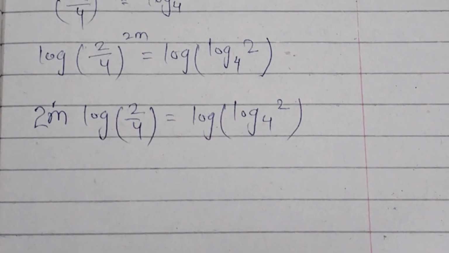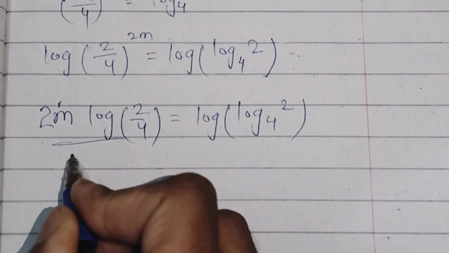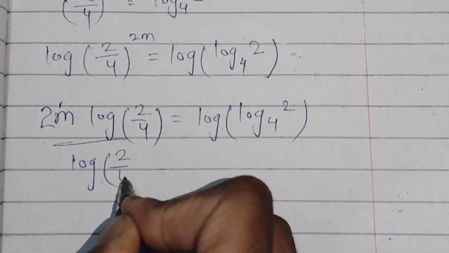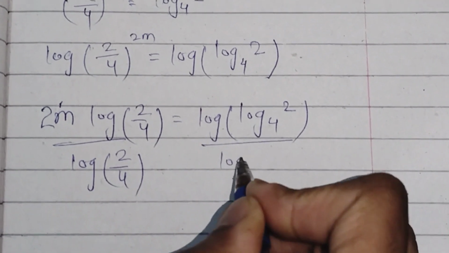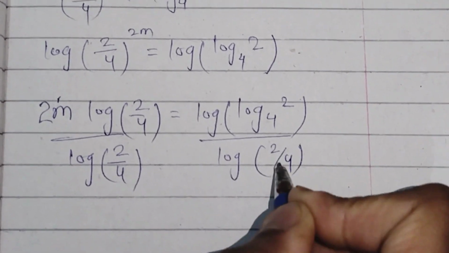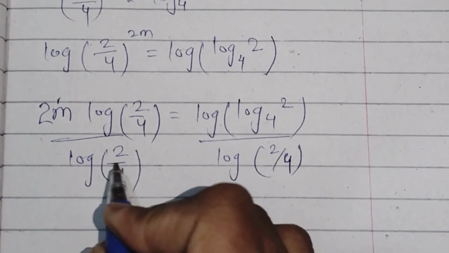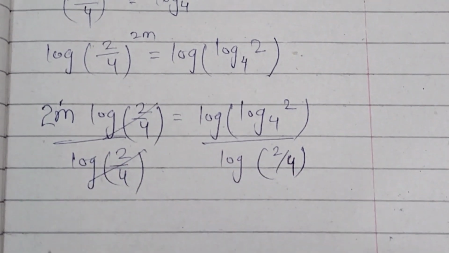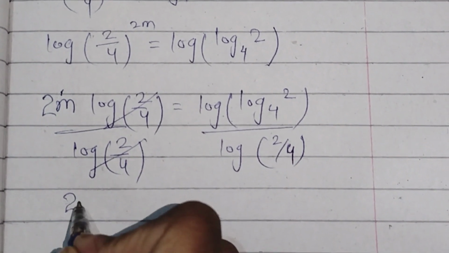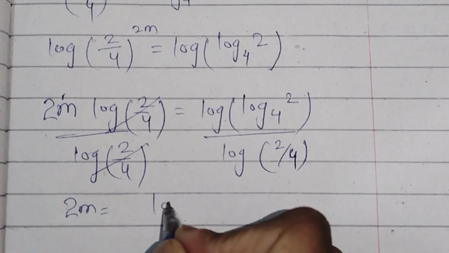Now we will divide both sides by log of 2 by 4 so that we can be left with the m on a single side. Let's cancel this. We get 2m equals log of